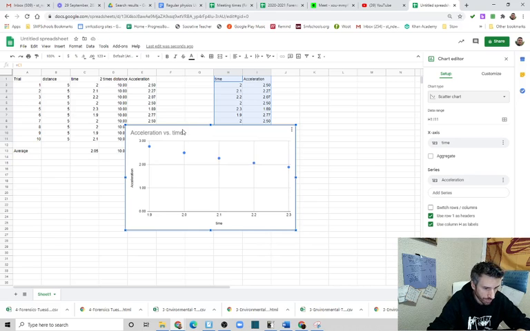Okay, so with that, also notice that it already labels it for me, puts acceleration labeled and time. Time, of course, should be on the x-axis since it went first, otherwise it could have flipped those around. But hopefully that's